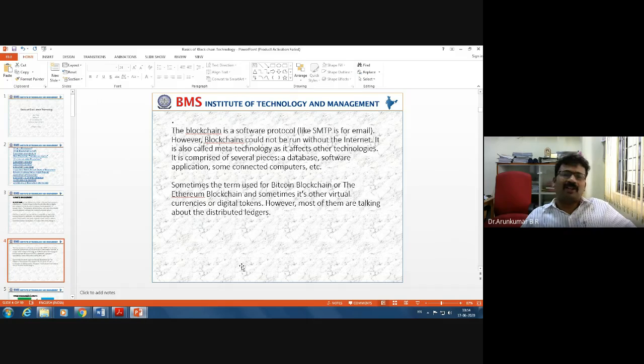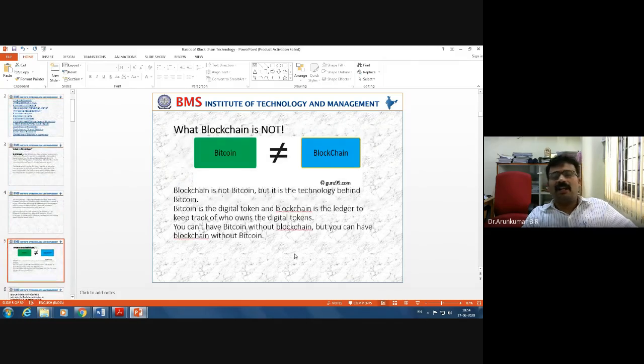However, most of them are talking about a distributed ledger. Any blockchain actually talks about the distributed ledger.